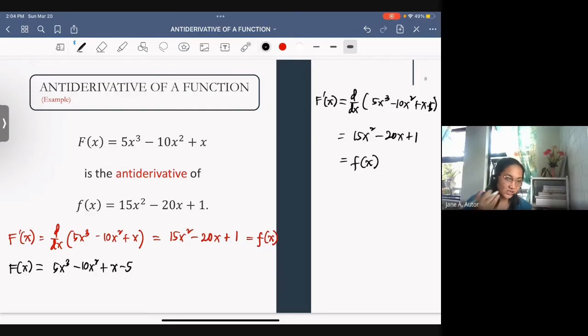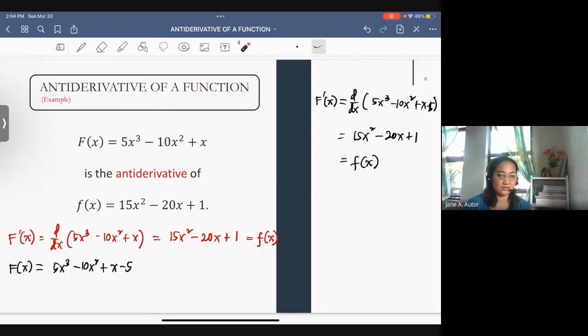Even if you change the constant to a positive, a negative, or radical numbers, or even fractions, their derivative is still 0, right? So if you have here plus 5 or minus square root of 5 or even 1/5, the derivative of this constant is still 0. This is because by our topic number 4, our rules in differentiation, the derivative of any constant is equal